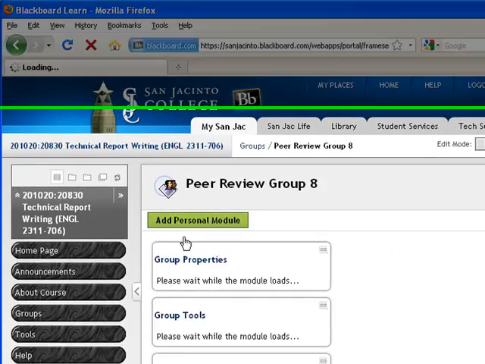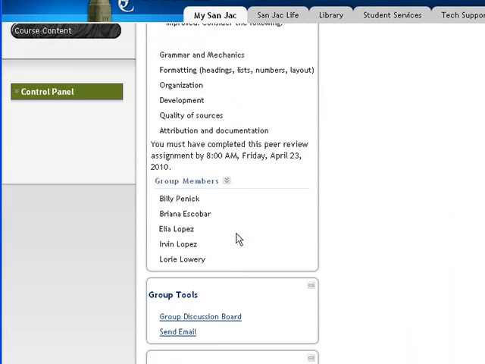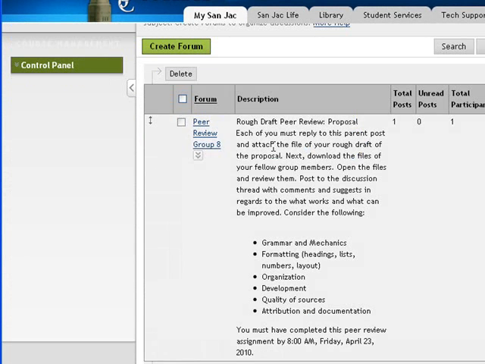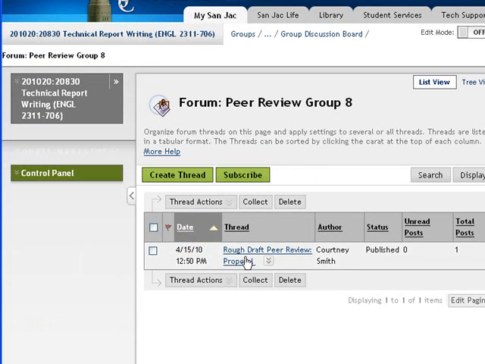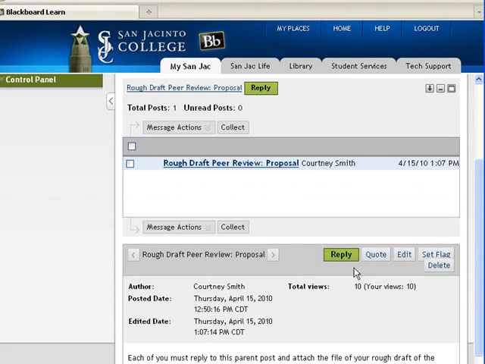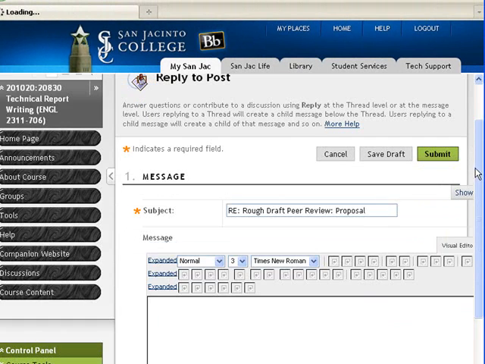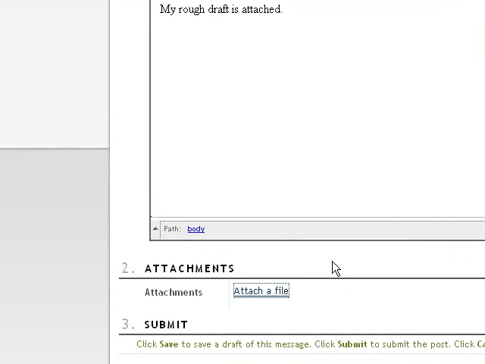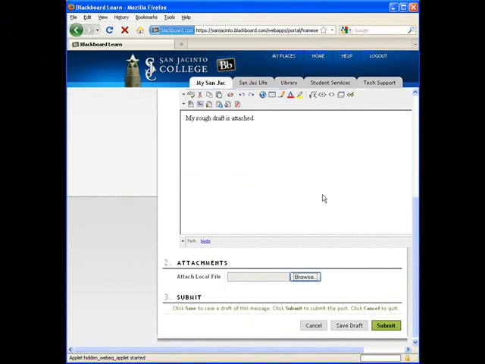I'll go into the first one that I have listed here on my end. As you can see, all you need to do is go into the group discussion board and post your reply to the thread, and in your reply attach the file of your rough draft of the proposal, as I am doing now. So you hit on reply, and then at the bottom there is an option, you can type whatever you'd like here. My rough draft is attached, and then click on attach file and find the file, attach it, and then it would be attached, and hit